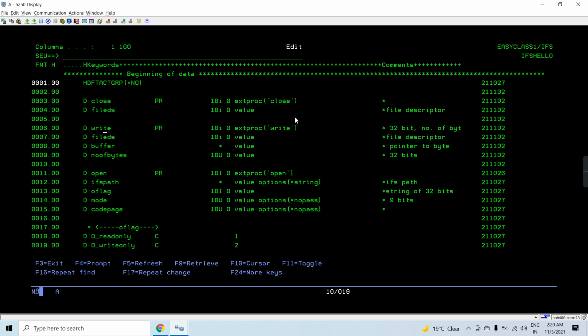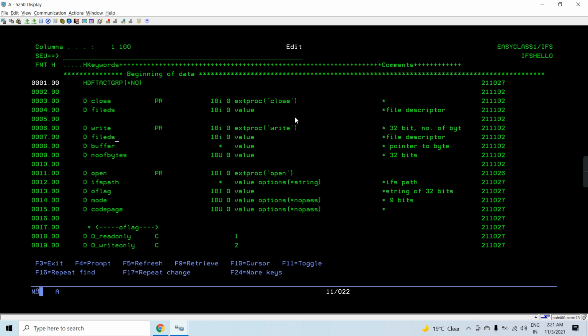Then the open API will return a descriptor, which is allocated to the file being opened after it gets created if it did not exist. That descriptor tells which file is open, and it's unique for every file being opened by the open API.